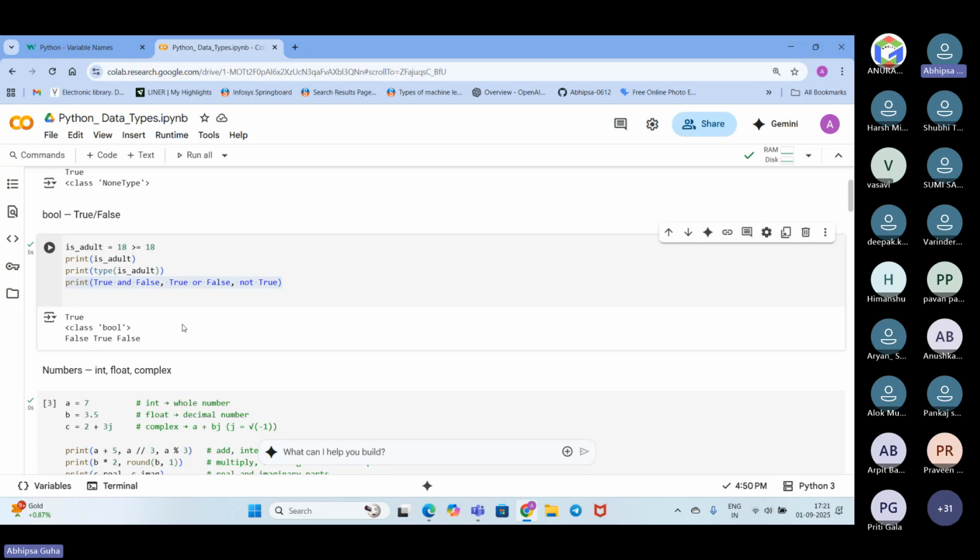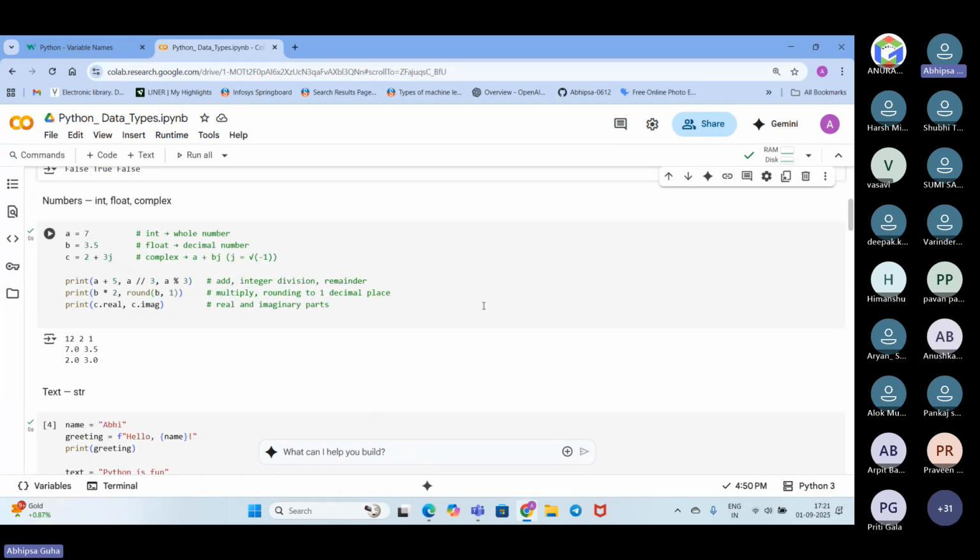So we are getting in through like this. It is a Boolean data type that we are coming across. Next, we are moving ahead with num, that is the number, basically. We are basically concerned with three types of numbers: integer, float, and complex number. Integer we are very well aware of.